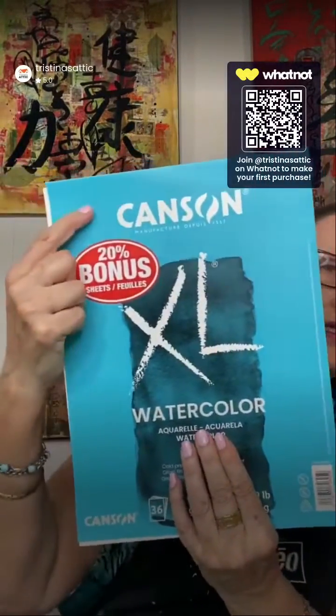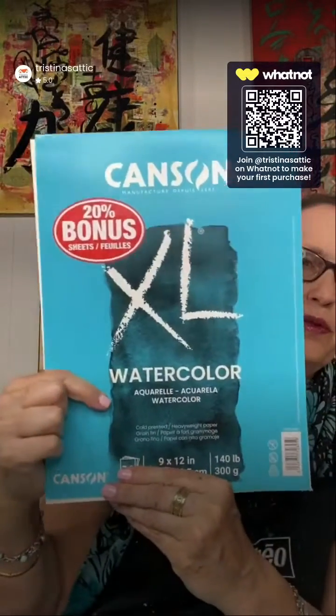So let me set the butcher tray aside. Then we're going to use some paper. If you've watched my shows before, you know that my favorite paper to work on is this Canson XL watercolor paper,